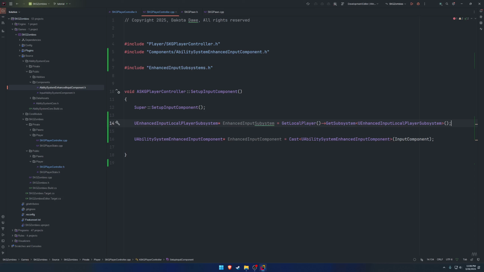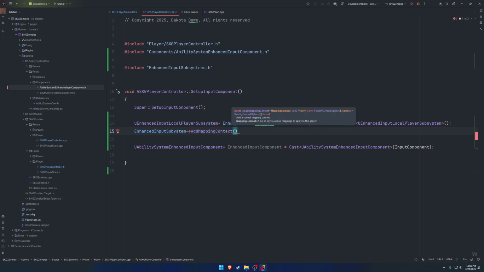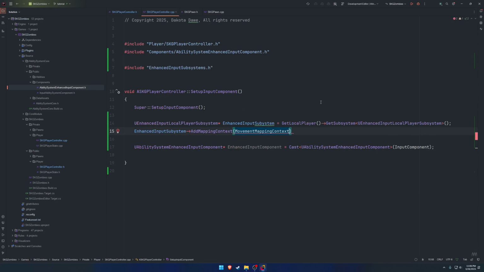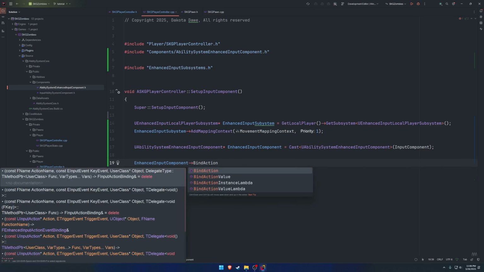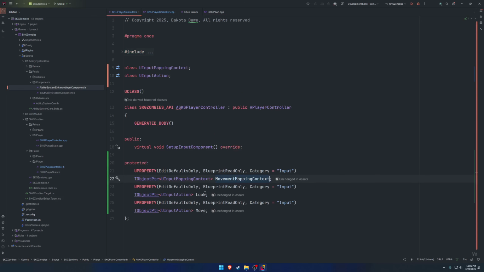So once we have that, we can then add a mapping context, that mapping context being the MovementMappingContext. And then we need a priority, we'll do 1, and the remainder can be default. Okay, so once we have that, we want to go ahead and grab our enhanced input component, do a BindAction, and this is going to be our input actions. So remember our move and look. I'm going to actually rename this one to LookAction